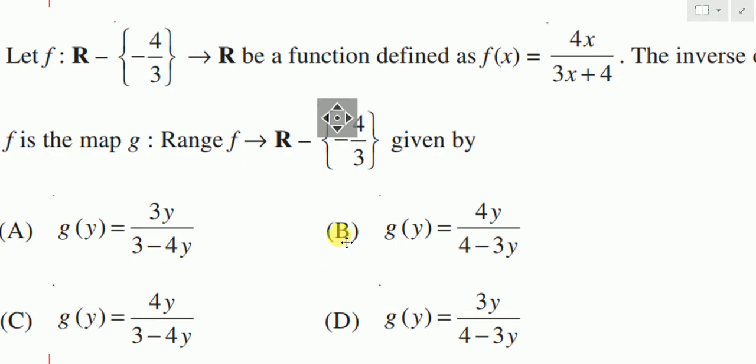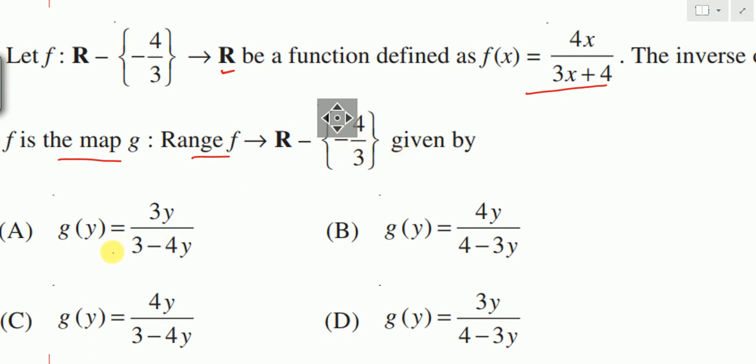Here is another multiple choice question. Let f from R minus of 4 by 3, that is, the set of reals except minus 4 by 3, to the set of real numbers be a function defined as f of x is equal to 4x by 3x plus 4. The inverse of f is the map g from range of f to R minus 4 by 3 given by